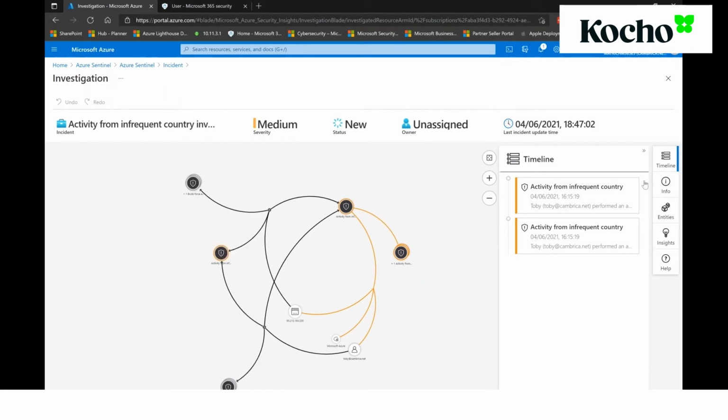We can see various other bits here. I'm not going to go into detail in these, but if we look at the timeline, you probably see a number of additional items here. We've got 2, but hopefully you can see if I hover over these different timeline events, then we can see the different aspects of the graphical representation of this incident lighting up and the others dimming down. So it draws our attention to the relevant time frame and activities that are appropriate for this incident. Lots of other areas here that we can get some insights and entities and so on and so forth. Let's close that for